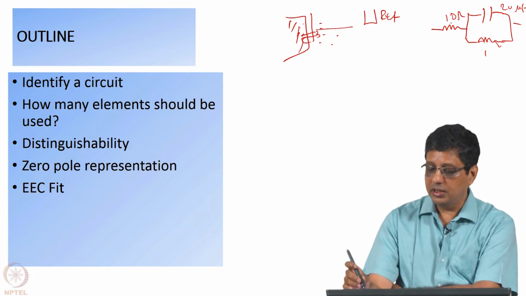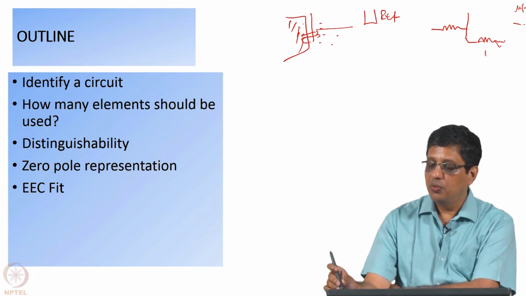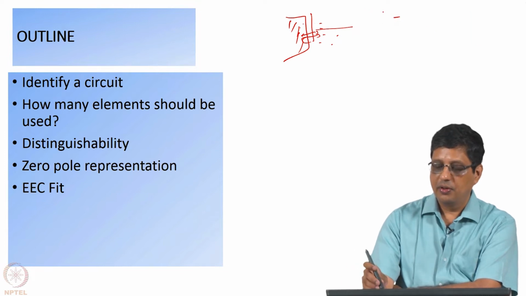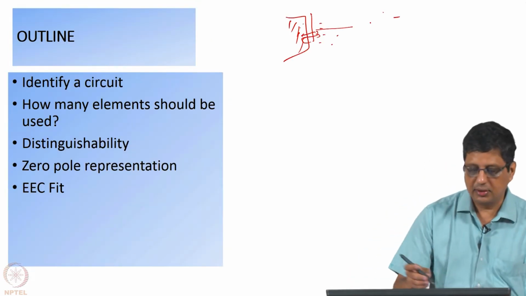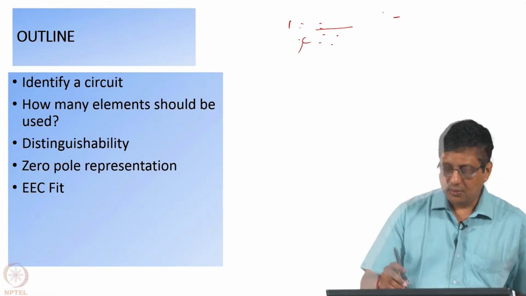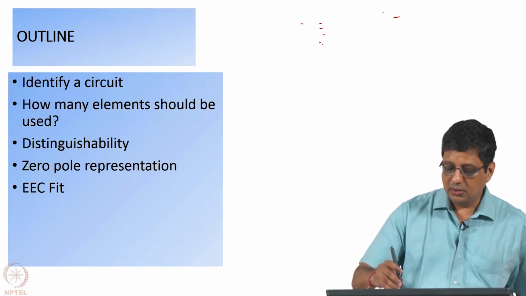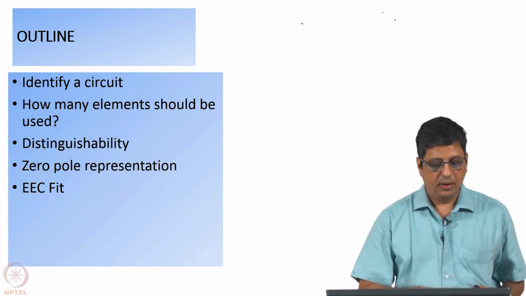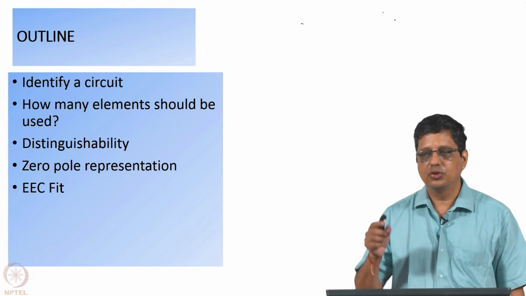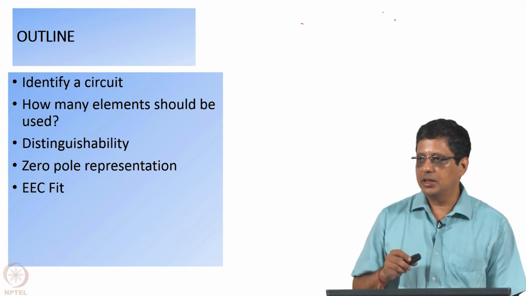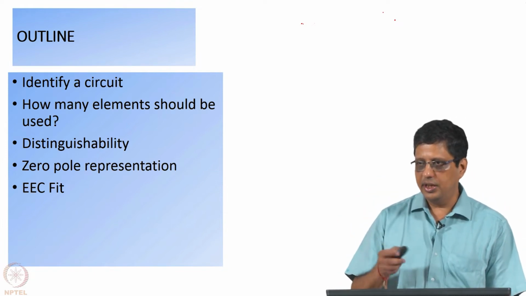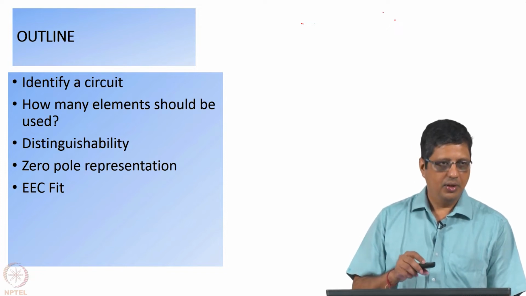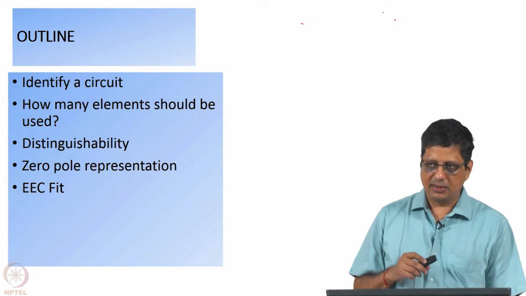And in order to do that, first we need to know which circuit is the correct circuit to use. We need to identify which is the correct circuit to use, and how many elements should we use? Should we use 2 Voigt elements, 3 Voigt elements here? Do we need to use Voigt circuit? Do we need to use ladder circuit? Do we need to use something else? That is one. Here I can't keep adding n number of elements,